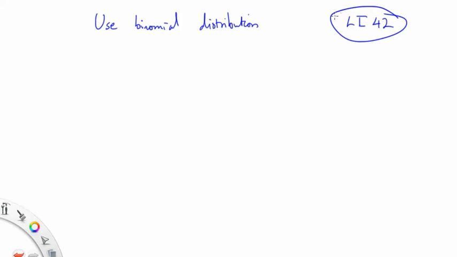Hello. In the previous video I said we'd be working backwards, but I want to clarify that. Instead, we'll be looking at using the binomial distribution, and this is for learning intention 42. I want to clarify how to use the CAS here. So we're going to look at a binomial distribution, and I'm going to show you two CAS functions which you